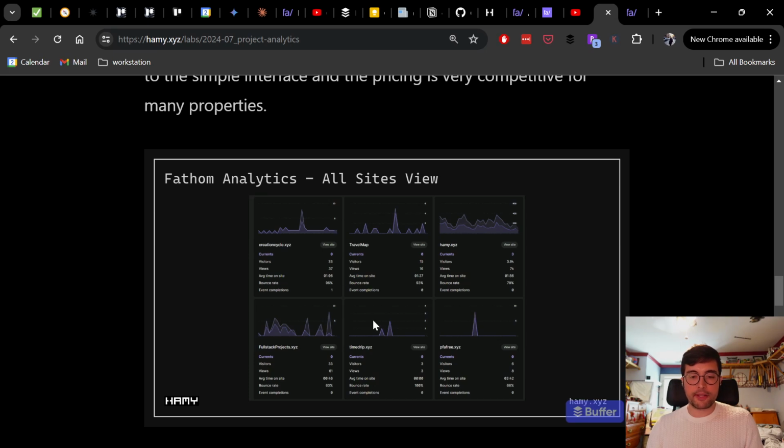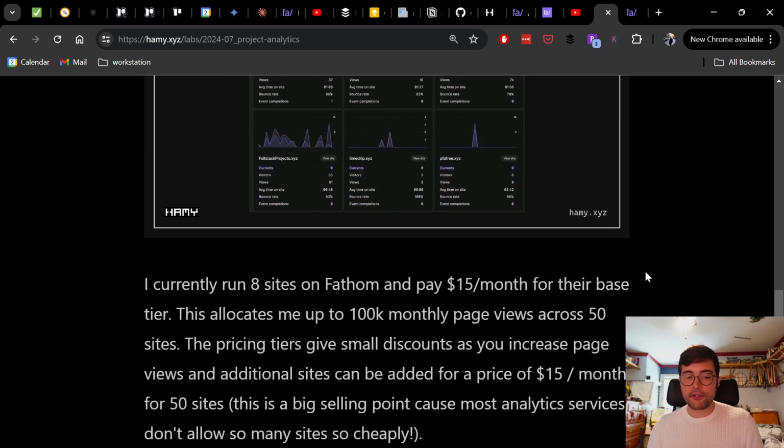And so here's an example of my all sites view. Again, I'll show you this in a second, but I really like that you can have many properties and just at a glance see what they're doing. So if there was a big spike recently, I might go investigate how people are getting to this, what they're interested in, stuff like that. And so I currently run 8 sites on Fathom, and I pay about $15 a month for